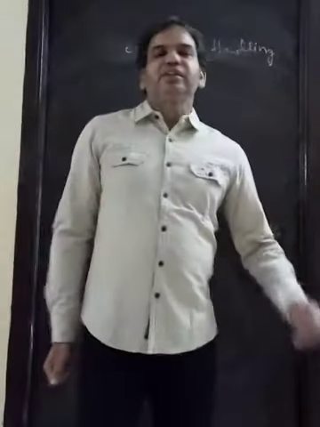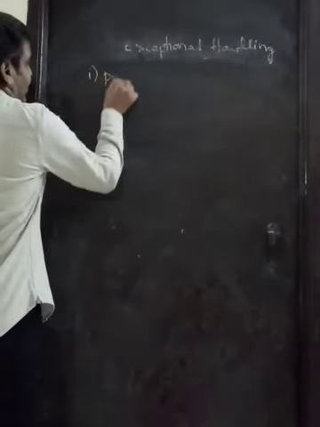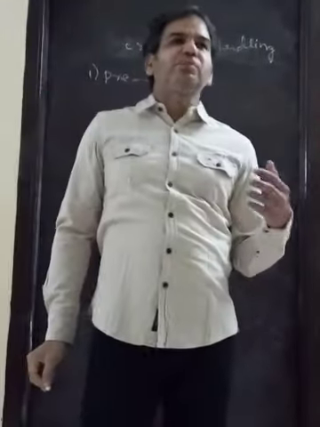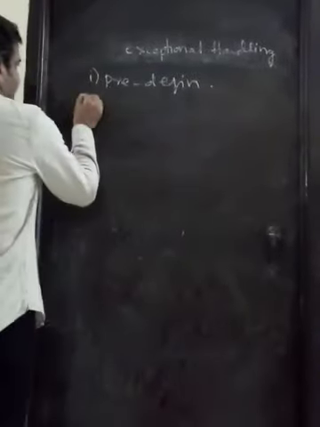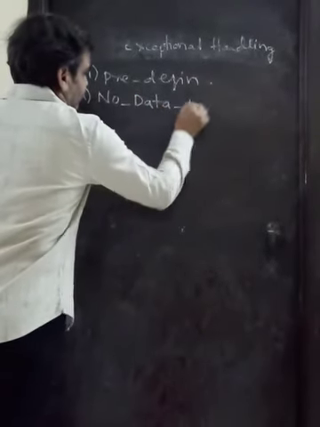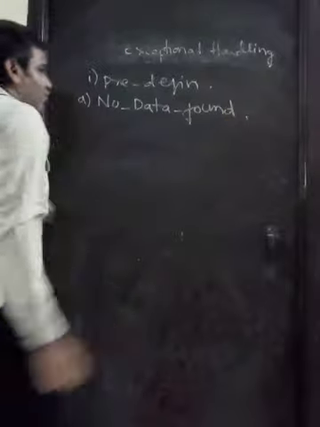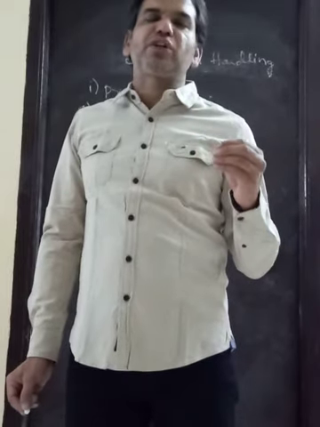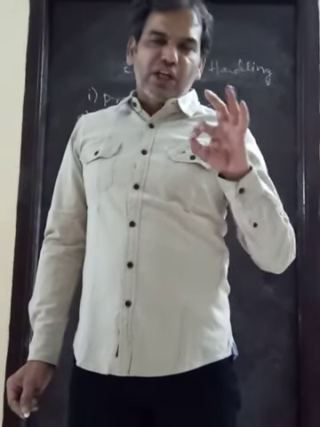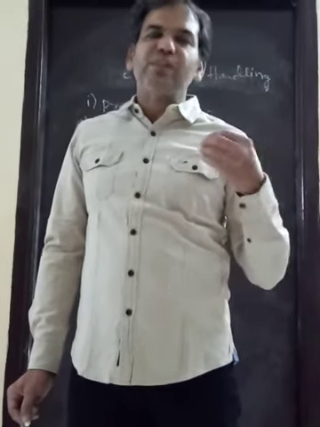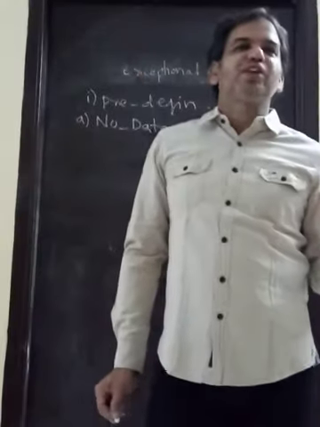So in PLSQL there are two types of exceptions. One is predefined exceptions. There are two examples in predefined exceptions. First one is no data found. When will this exception be raised? If you are accessing some information, you specified where employee number, and if that employee number is not in the table, there is no data, at this time the exception will be raised, that is no data found.